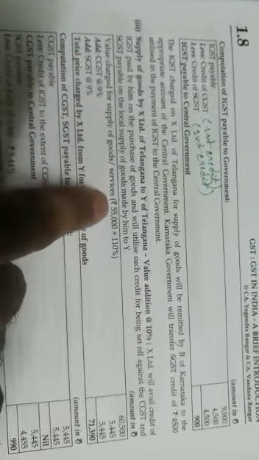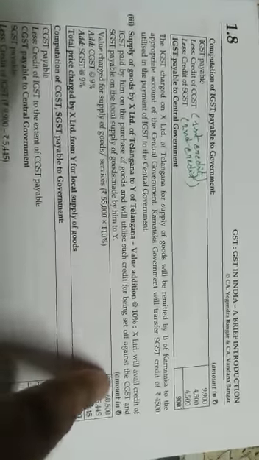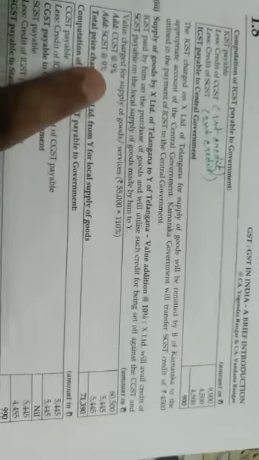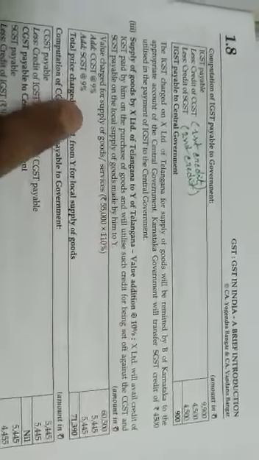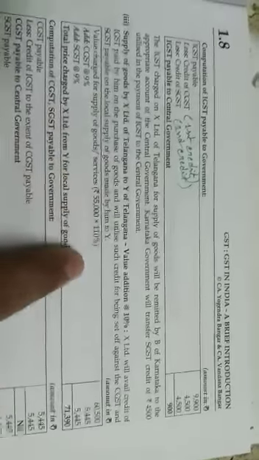So, here the value charged by the supply of the goods and services will be 55,000 plus 10%, and it comes to 60,500. Since it is an intrastate sale, output tax will be in the form of CGST and SGST. Here CGST will be at the rate of 9%, comes to 5,445. SGST at the rate of 9% comes to 5,445, and total price that is charged